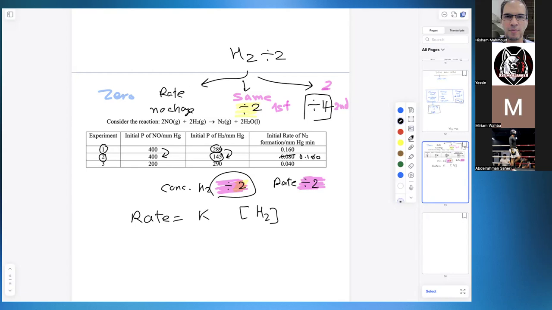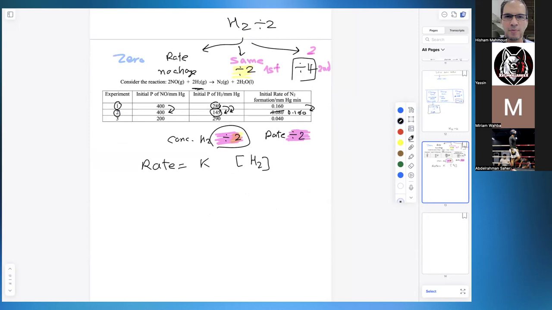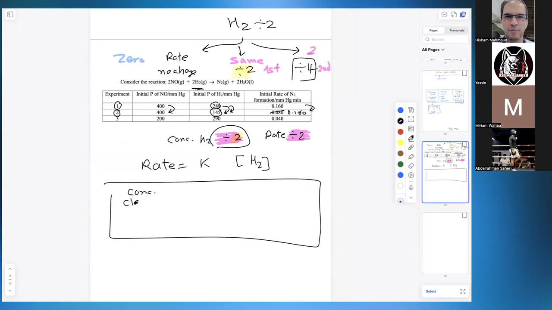Miriam, it will be what? If the rate does not change, it will be zero order, unchanged. So if it is 0.160, then I will say, Mr., changing the concentration of H2 did not make any change. So if there is no change, I will write it for the last time: if the concentration change causes no change in rate,